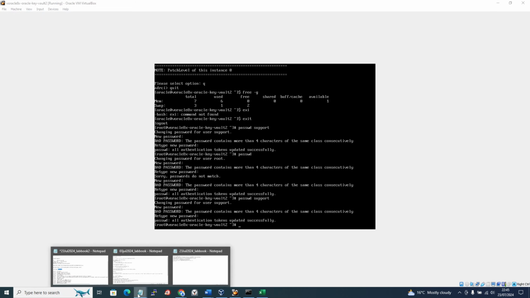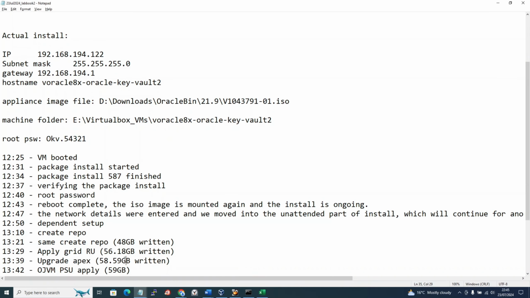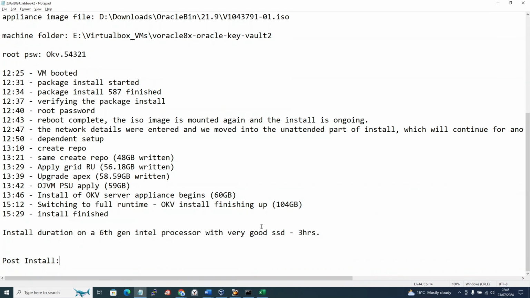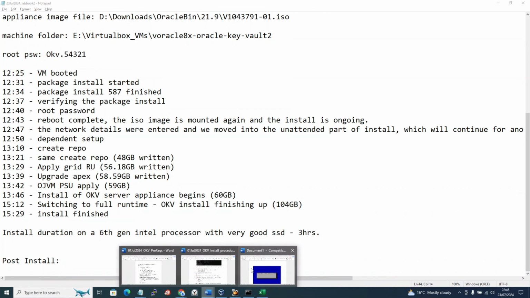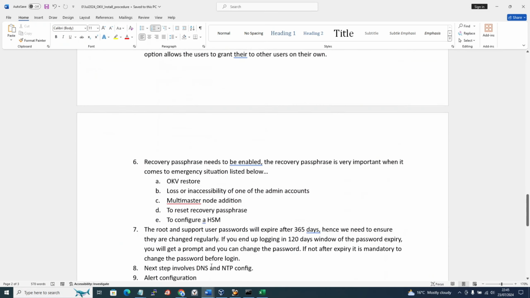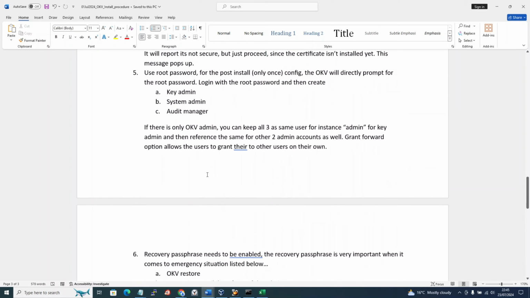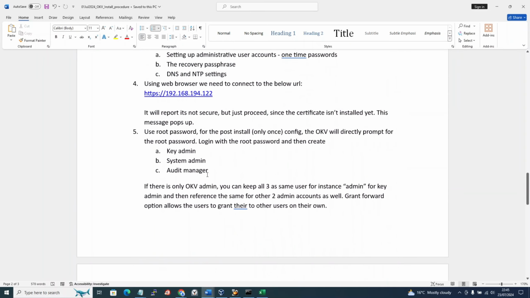All right. So if there is only an OKV admin, you can keep all three as the same user, and then the next step that we need to do is,